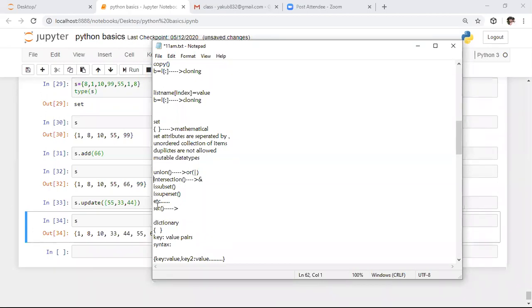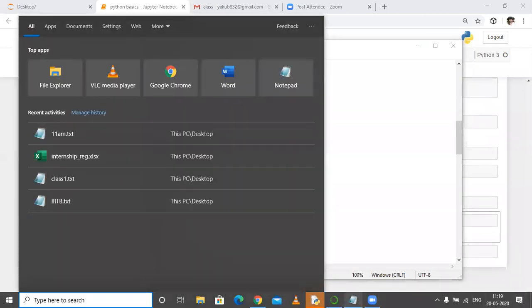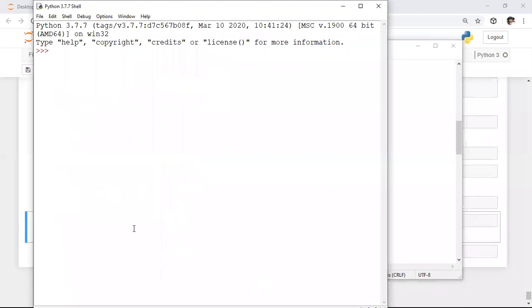If you want to observe all these functions, it is better to go with the IDE. Here I'm saying s equals, in flower brackets, I'm specifying 1 comma 2, only 2 attributes. After this, I press s dot and click the down arrow.